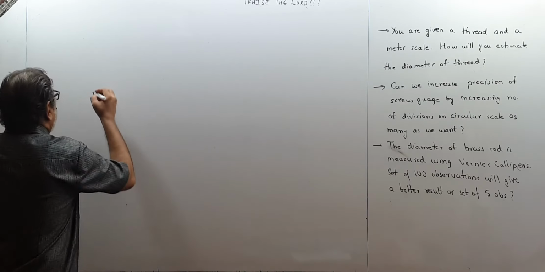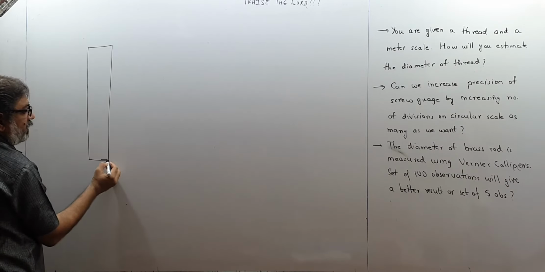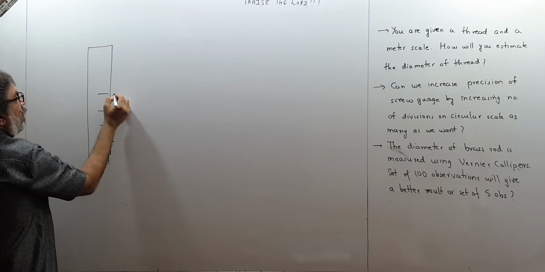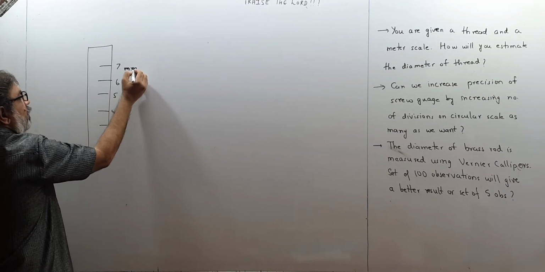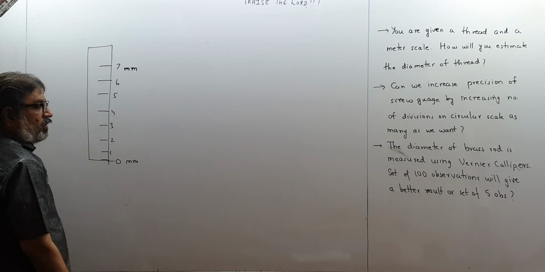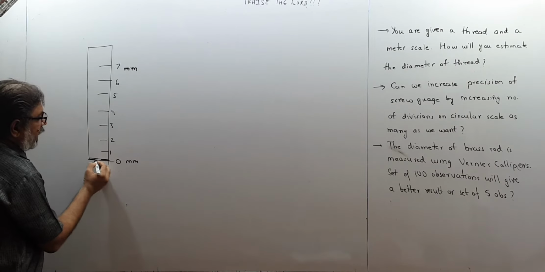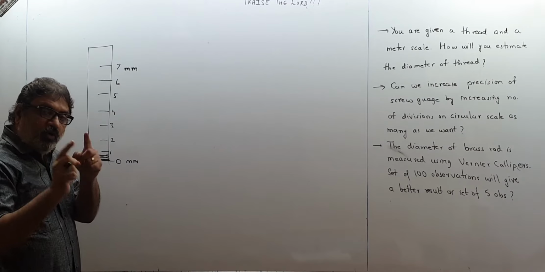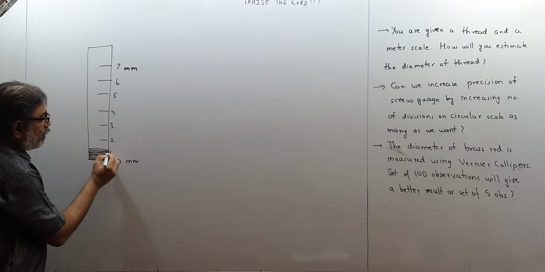So what we can do, children? This is the scale with you, and you have got its marking. This is 0, this is 1, this is 2, this is 3, this is 4, this is 5, 6, 7, all in millimeters. Okay, we think like this. So what I will do, children, I will take my thread and I will start winding it from here. And I will wind it like this, very closely. There should be no gap between two loops. I will keep on tying it like this around the scale.